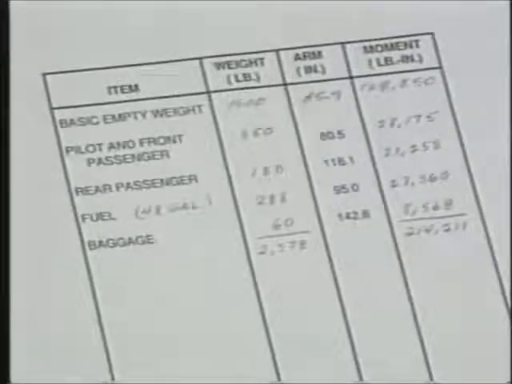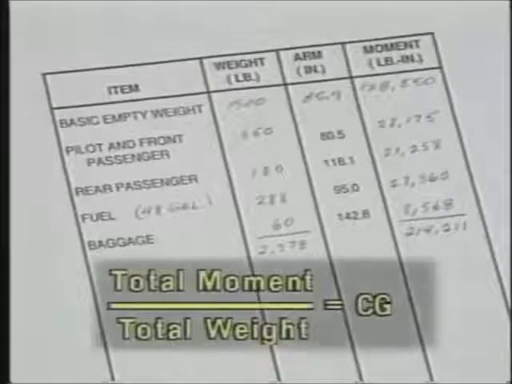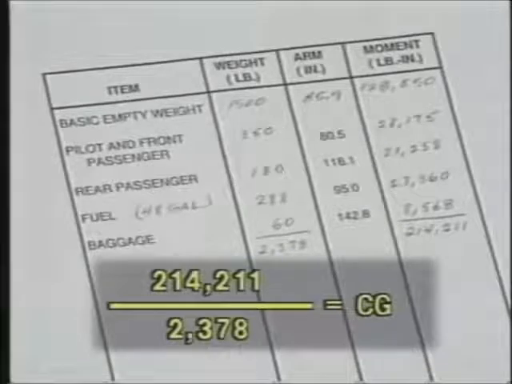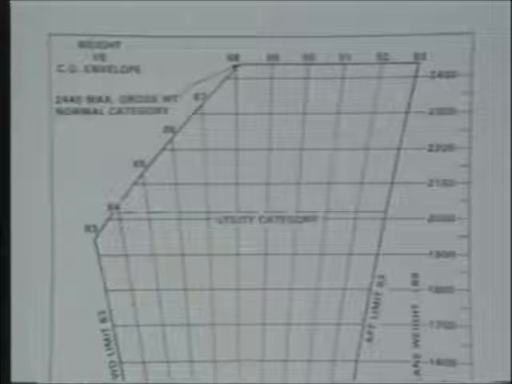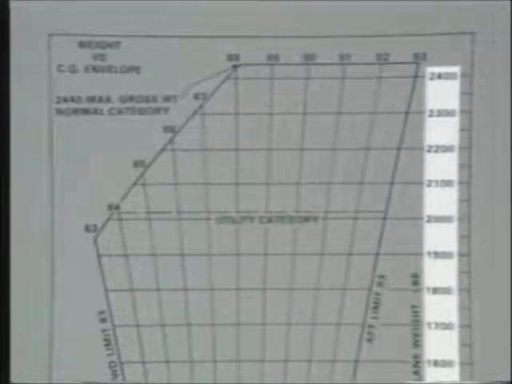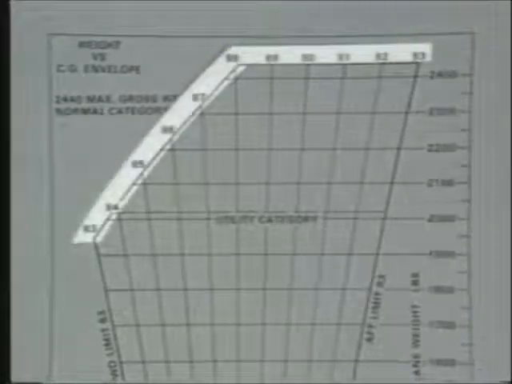You can now determine the center of gravity for your airplane by dividing the total moment by the total weight. The CG with this loading is located 90.1 inches aft of the datum. To determine if the CG is within limits, refer to the airplane center of gravity limits graph. In this example, the numbers on the right represent the airplane's weight, and the numbers on the top represent the